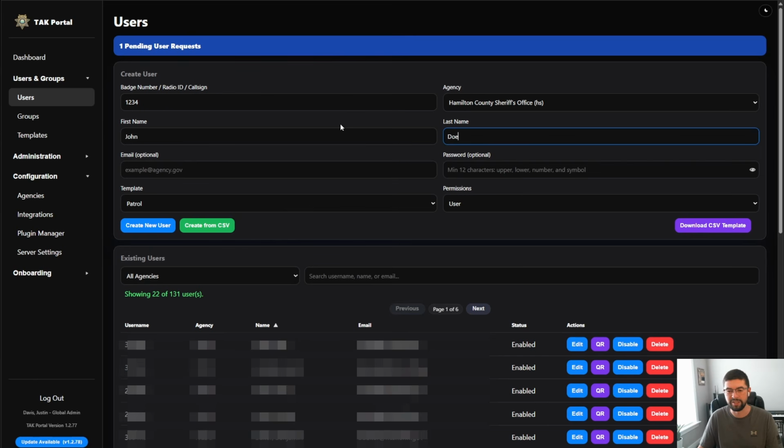We'll use John Doe today. For an email, if you enter an email here, once you create that user, the power of Tac Portal is me as an admin, I don't have to set every person's password in my agency. I can simply enter this email address of jdoe at hcsheriff.gov, for instance. And once I click create down here, this will send this user an email with instructions